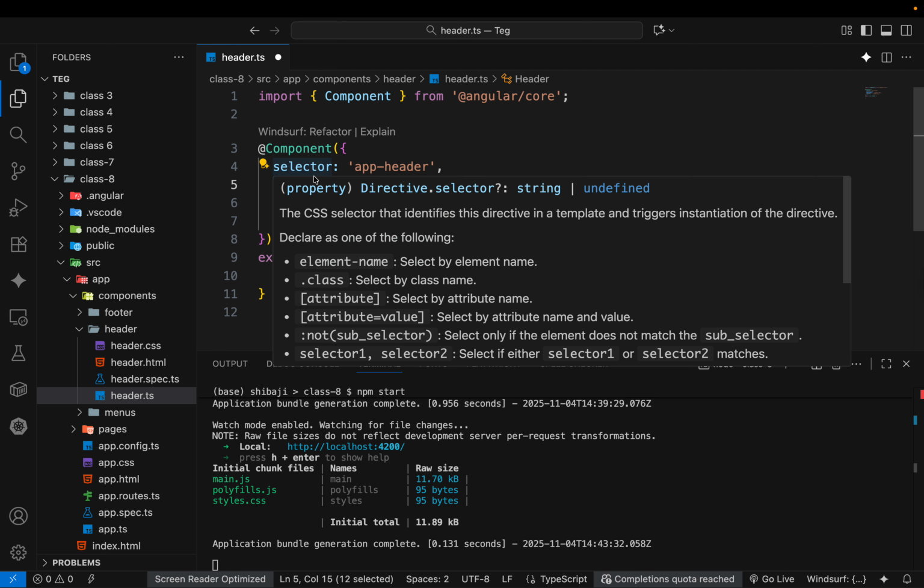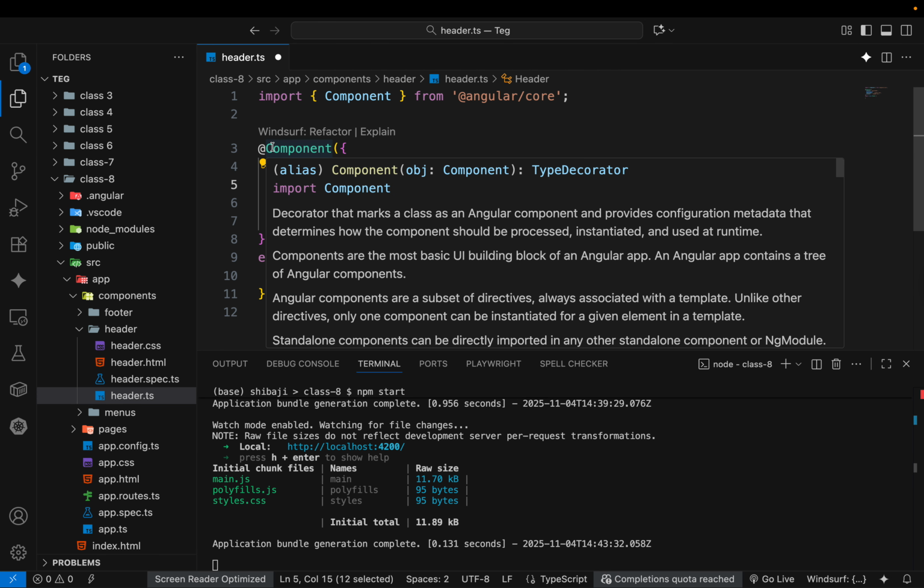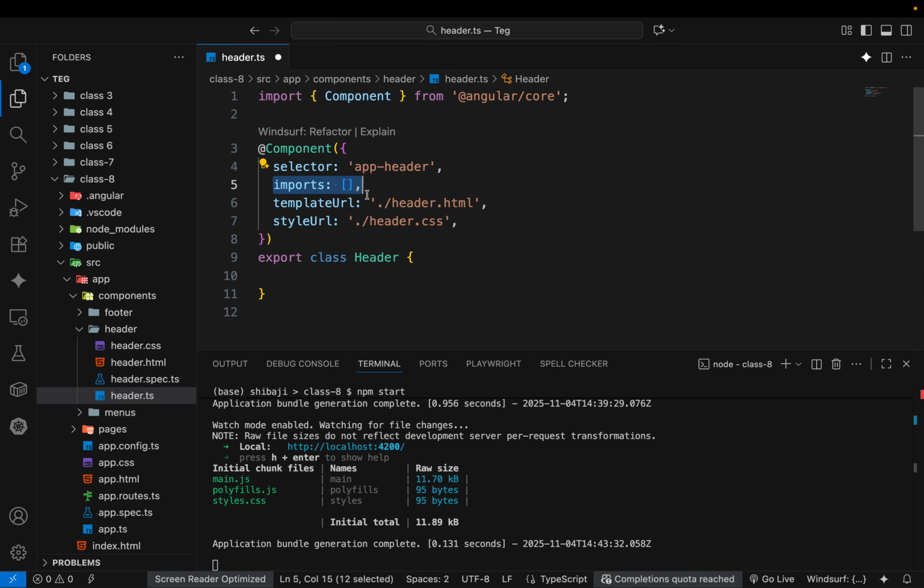The module decorator is still in the Angular architecture, but it is almost deprecated,